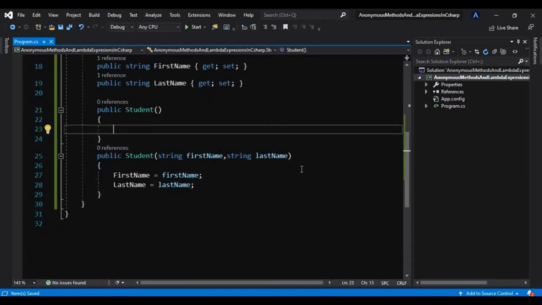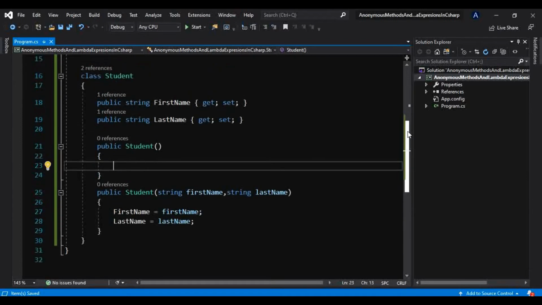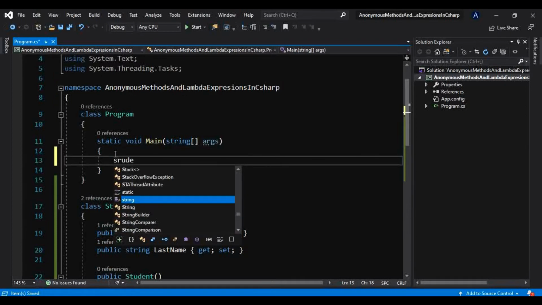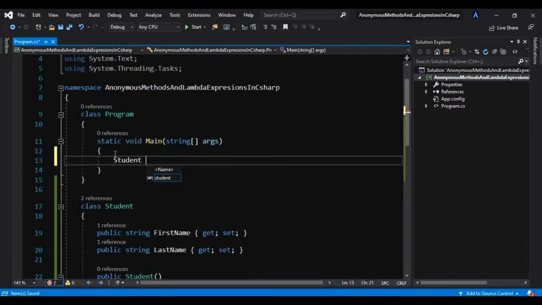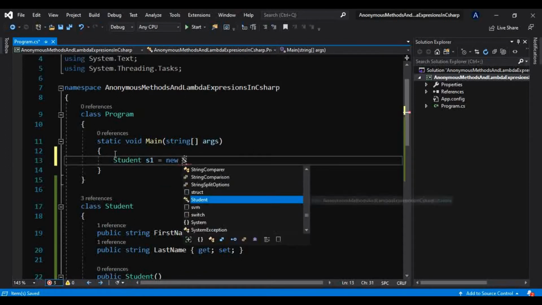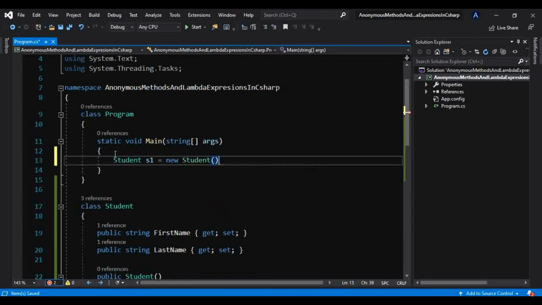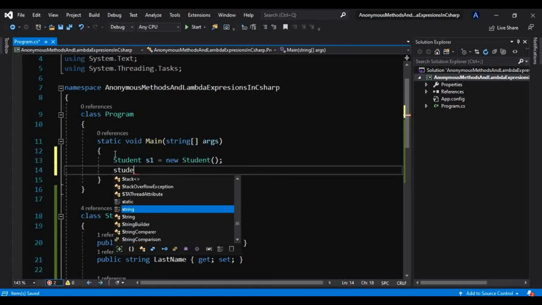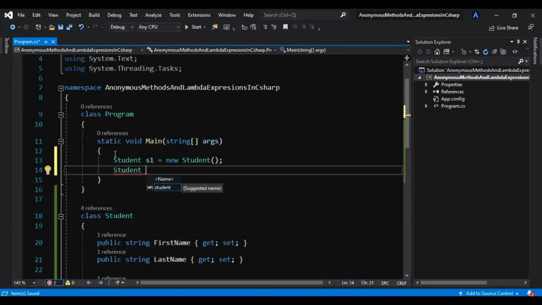Now I will create the instance of that class, and I will create the first object here. I will explain in a bit what I am doing, so don't worry about that. But before that, let me create two or three students here. New Student, and let me copy this.